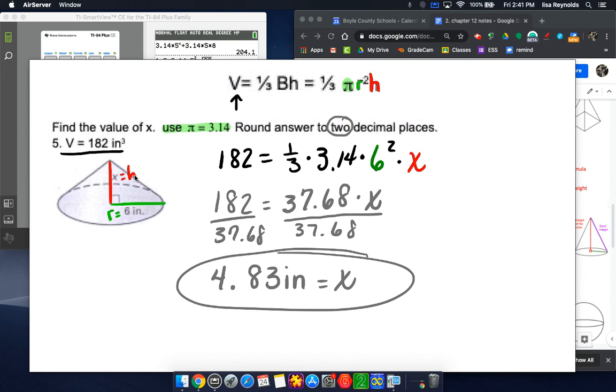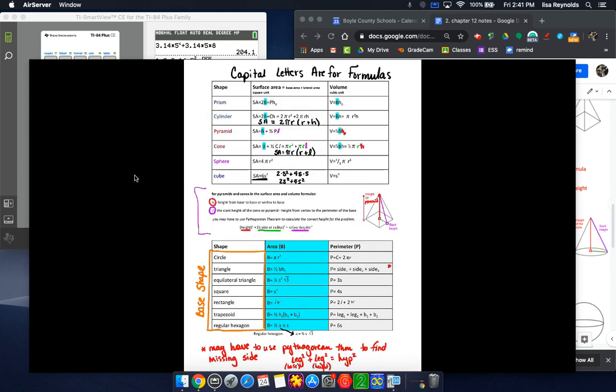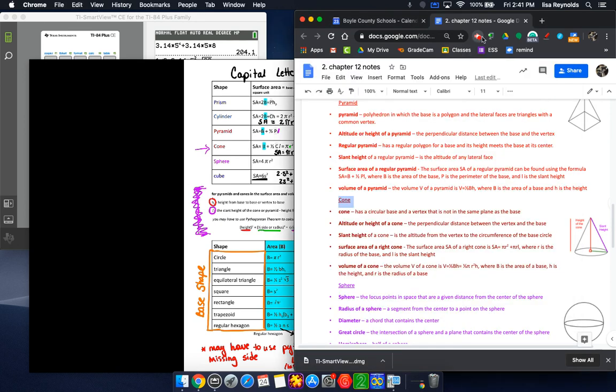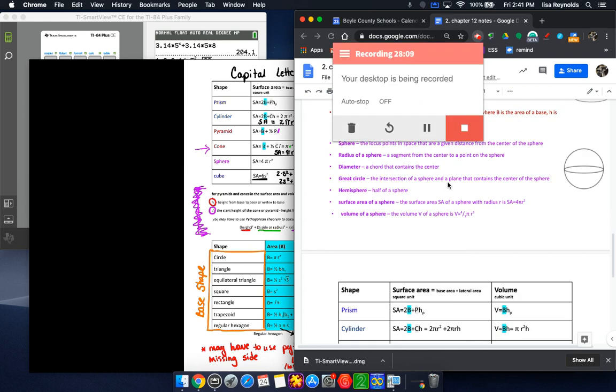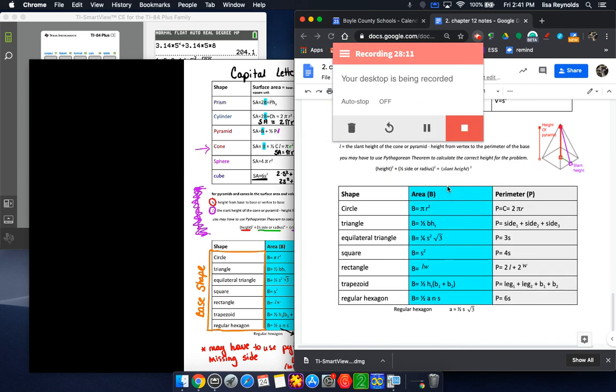So when you're working through these problems, make sure that you're using your formulas. So in your notes page, make sure that you're paying attention to the cone formula, and make sure that you pay attention to this section in the notes in how to calculate for the missing height value. This works for both pyramids and cones. The perpendicular height plus the radius, or height squared plus the radius squared, equals the slant height squared. So use your notes carefully. So make sure that you're using